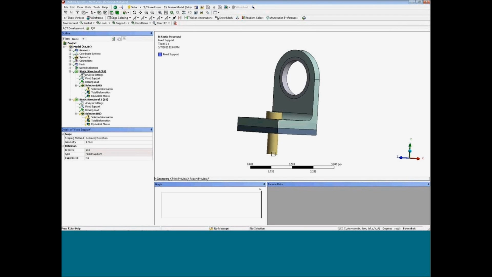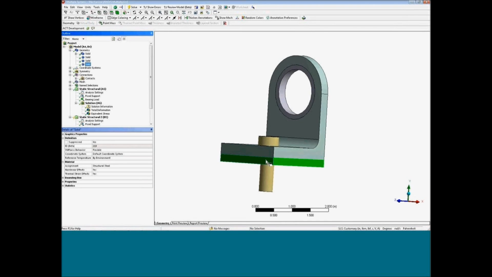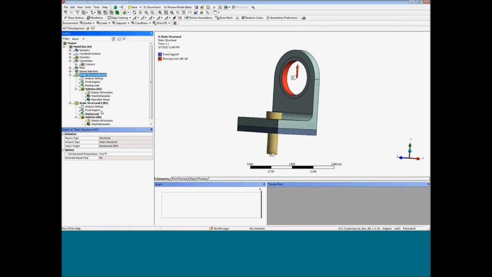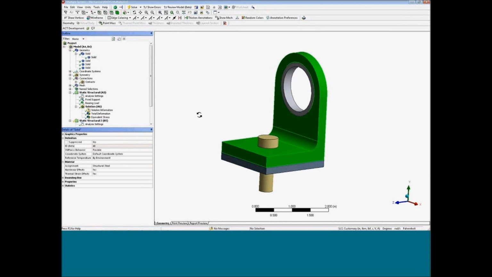But one thing that we're not able to do with this type of setup is if we change any connections or maybe want to change the material properties on a body, everything that is in this tree above this first environment gets shared between these two. So with this type of setup, there's no way to change the material properties for this one analysis block and not affect this one. But that's very easy to do with a command block. We could set this up differently in Workbench and be able to run this, but just to illustrate this,